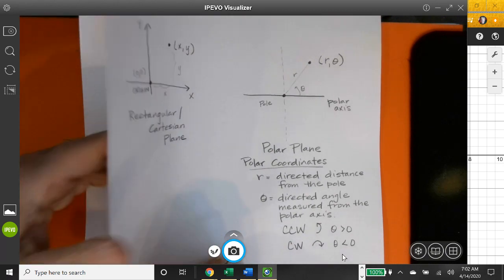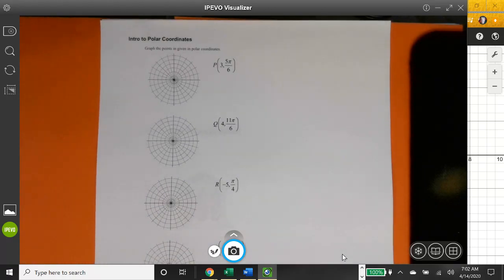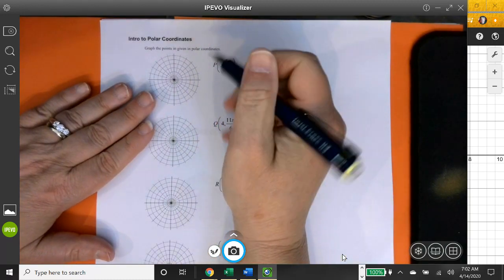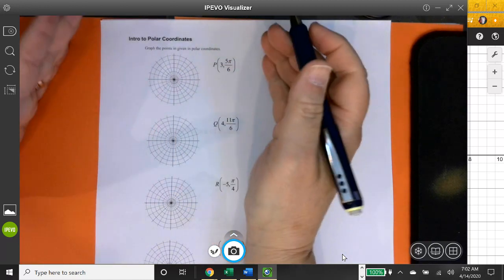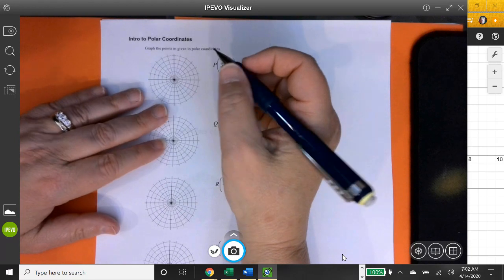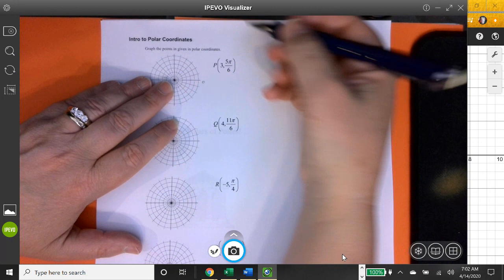All right, so let's see what that means. So what we're going to do is plot some points. Now, what I have here is a polar graph, and we need to talk about that for a minute. Now, we're used to, in trig, having the standard angles: pi over 6, pi over 4, pi over 3, pi over 2, all of this. Now, I want you to notice that between 0 here, I'm going to call this 0, and this here, pi over 2,